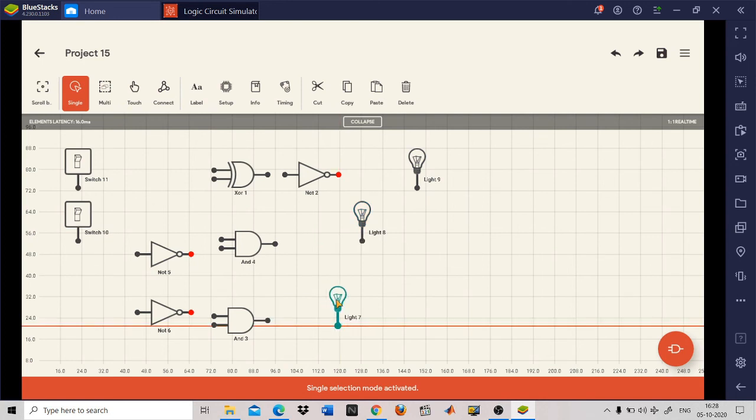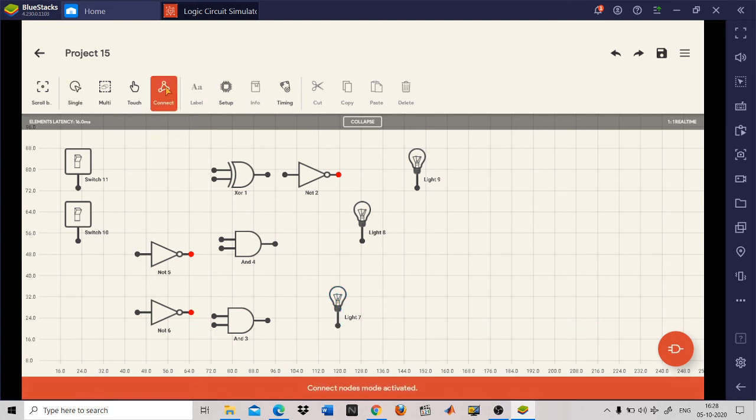Now you have to make the connection. So for making the connection, click on the connector. So connection has been made. Now click on this dot and the dot which you have to connect. So we are clicking it here. Directly a line will come. Now again you have to make connection between switch 10 and this dot. So click here and here. So you will get connection. And don't worry about the short circuit because these are not short circuit. This is inherent.